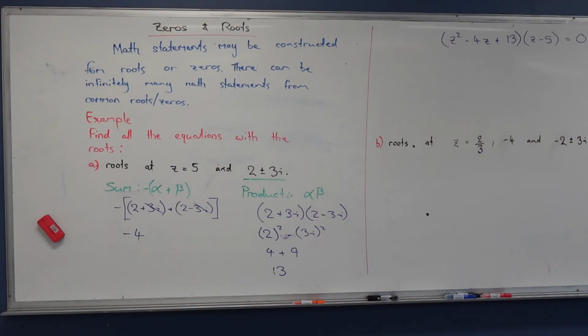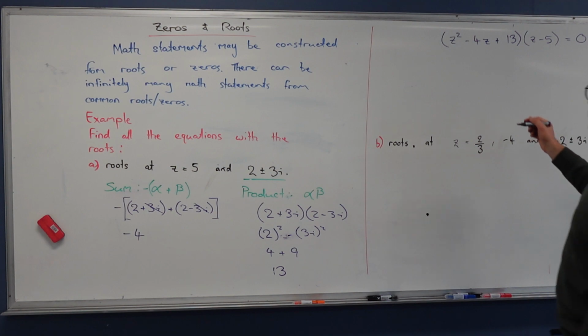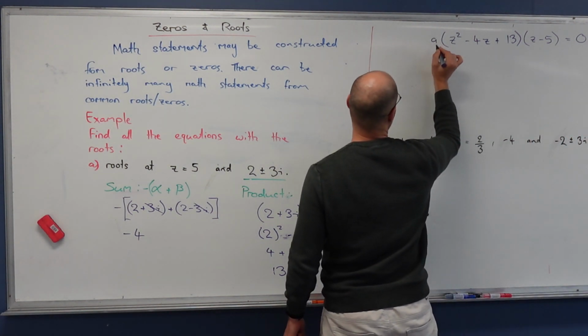Are we actually cutting in different locations? No, we always cut at the same place. So because of that, by adding a dilation factor of A, we have infinitely many equations with common roots. As a consequence, what we have to do when we're working with these is define A in front, and then we're going to say where